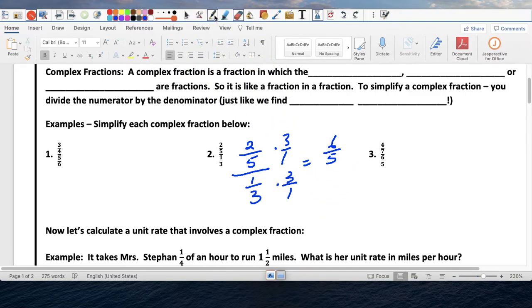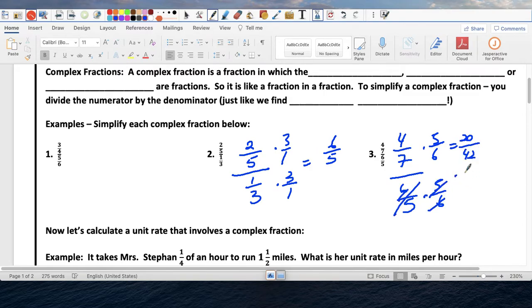as 6/5. Last one is 4/7 over 6/5. And we're going to multiply by the reciprocal, which is 5/6. And we get 20/42. This and this and this and this simplify to 1, which again I am going to erase. And if we simplify, you can divide by, let's say 2, and get 10/21. And that would be the simplified